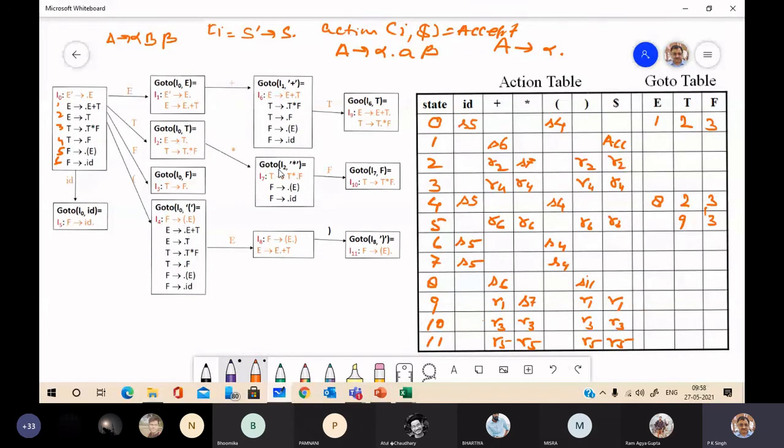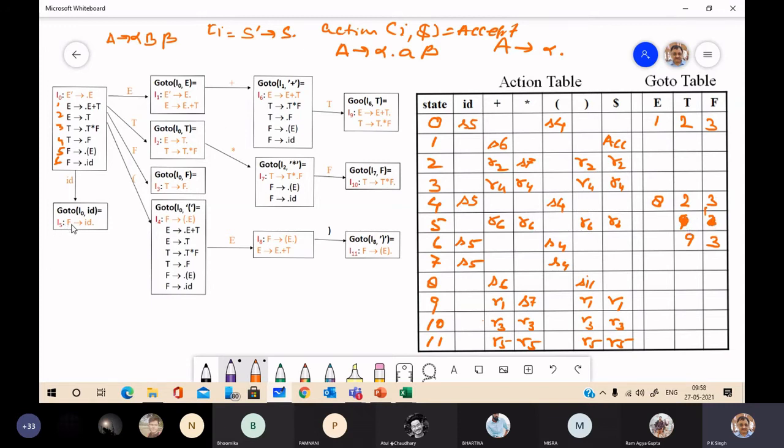Now see this 7. देखो हमने कुछ I5 में लिख दिया ये. It should be in I6. Okay, 9 and 3.